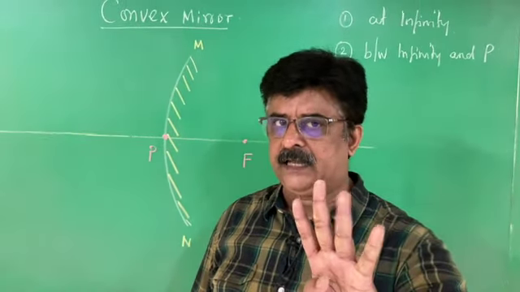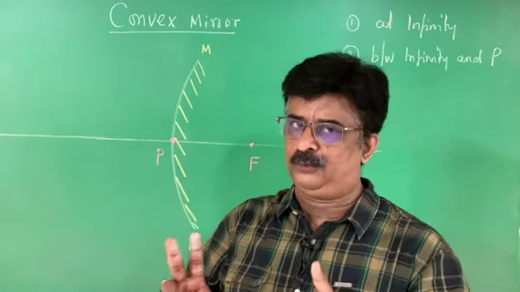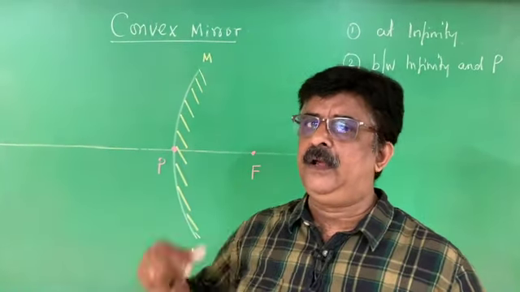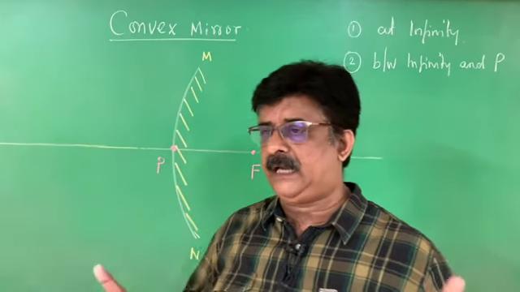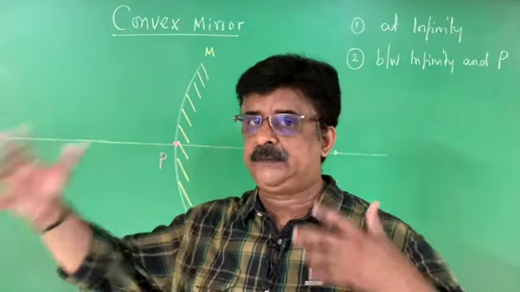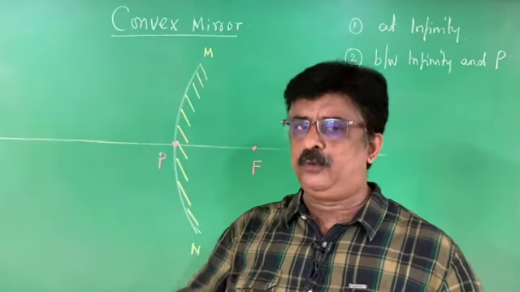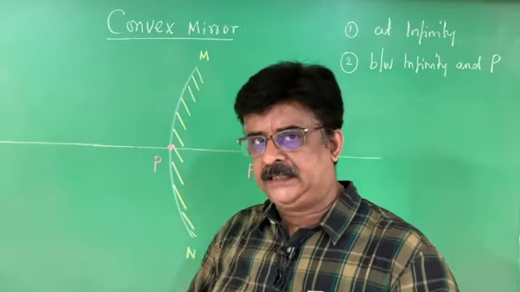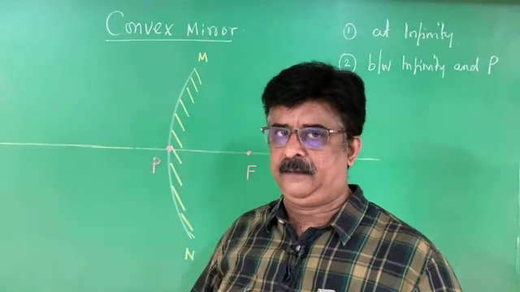Four conditions are there, but the positions are only two. Four conditions, two positions. It is easy when we compare with the concave mirror, but in the public examination, majority of the time they give the concave mirror because we have 6 positions. Here we have only 2 positions. Now we are going to write first the condition, then the ray diagram.